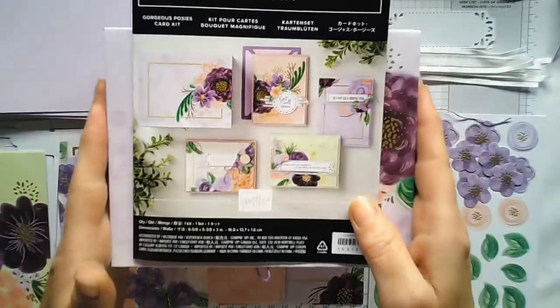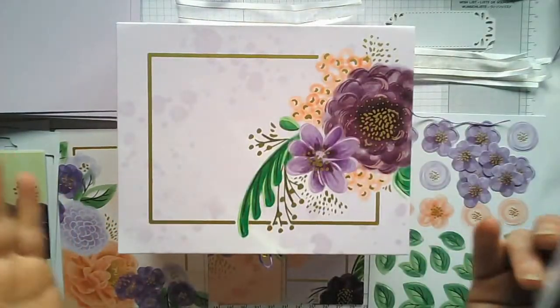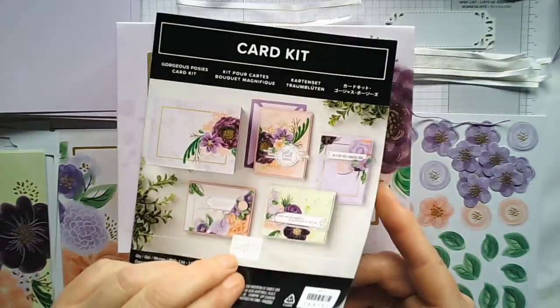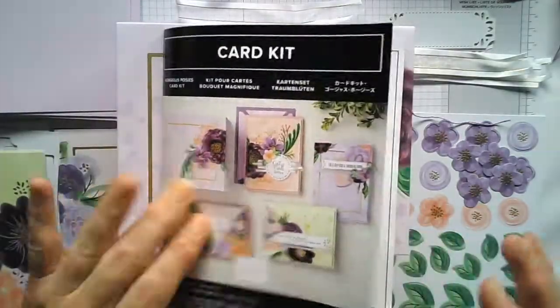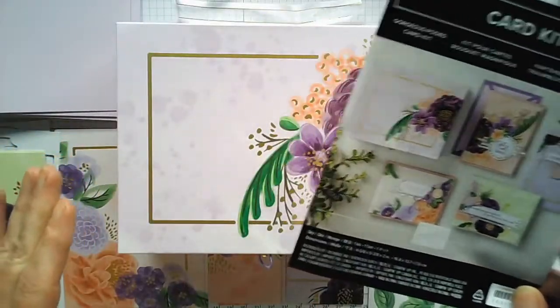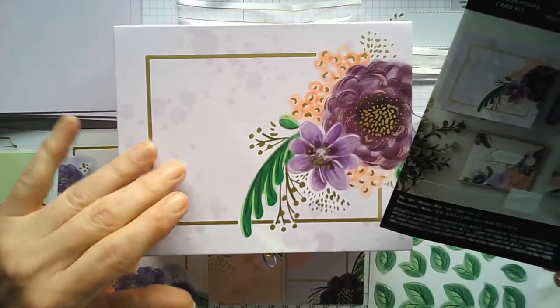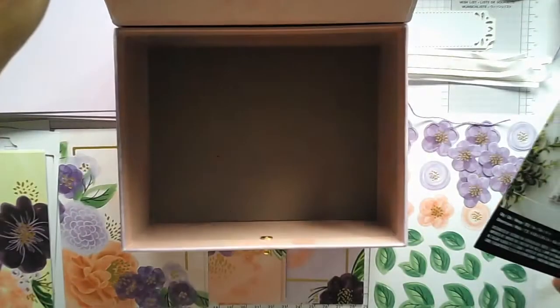Today I thought I would just demonstrate one of our card kits. Most of our card kits are pretty much all the same layout with the instructions and everything, but I just thought I'd show you how I work on a card kit. They're simple to do, but if you get yourself all prepared before you start, it just makes your life a lot easier. So this is the brand new gorgeous Posies card kit,